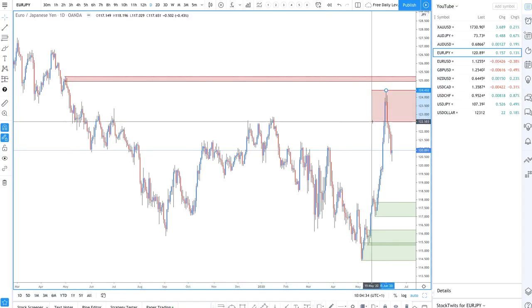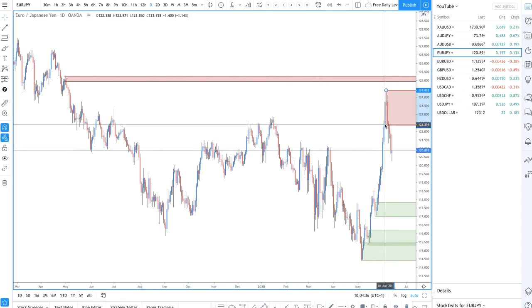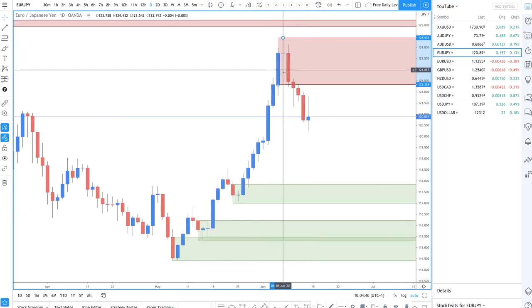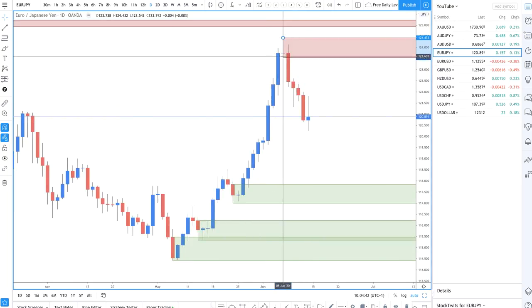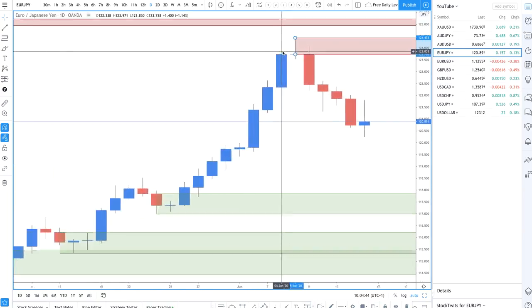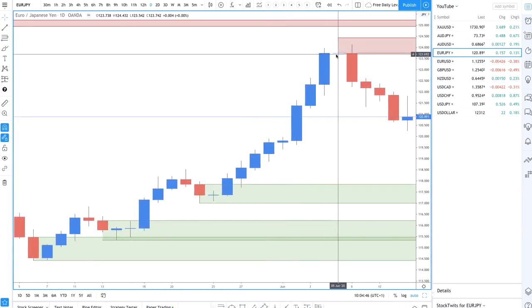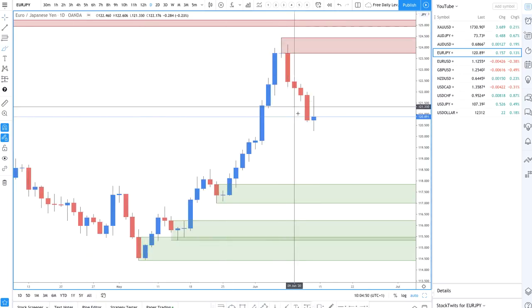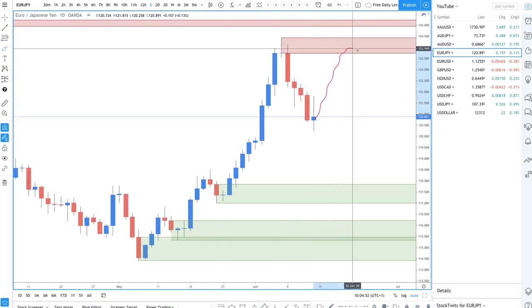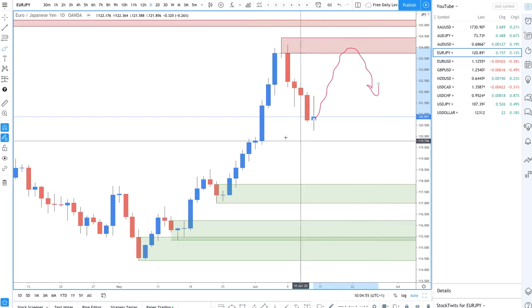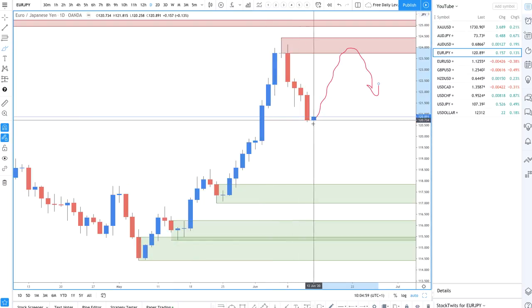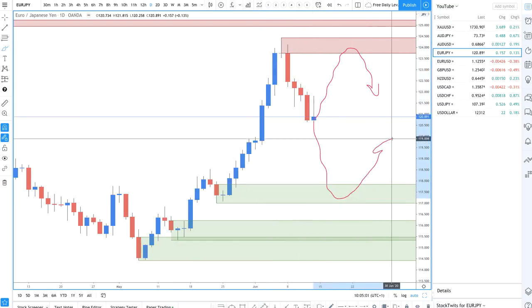The yen tends to do well, so here we've got a nice, actually that closed bullish. It did close on this chart, so there was a bullish close there. You can see where this blue bullish candle closed, so that's where the supply zone is now, and what you're looking for is potentially for prices to come up to this area here before looking for shorts if you're trading risk off. If you want to be a buyer of the euro, then you're looking at really that area there to be